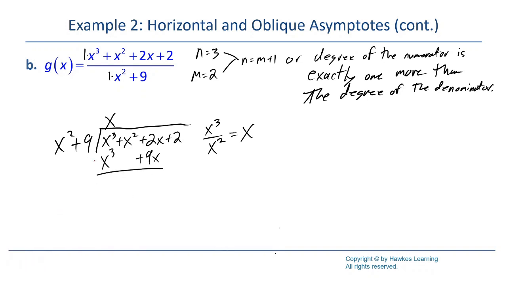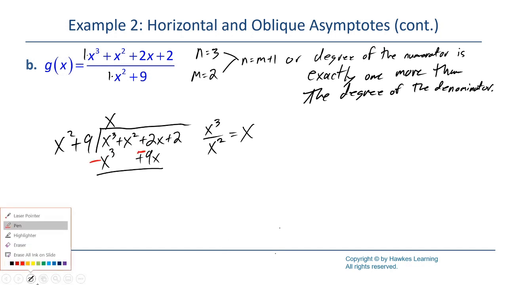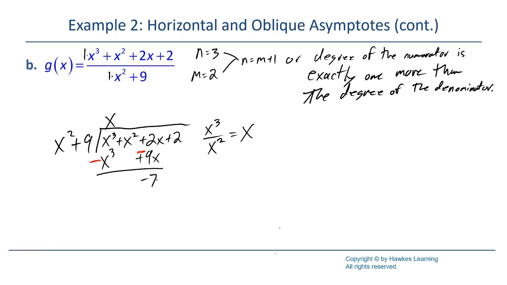Now I'll switch their signs because I'm subtracting. And this is going to leave me with negative 7x. And then I'm going to go ahead and bring down the x squared first,